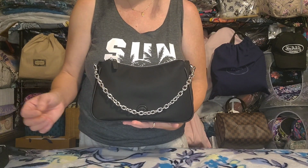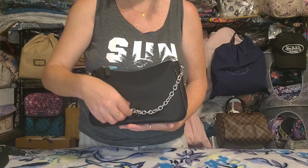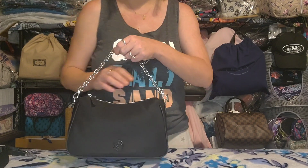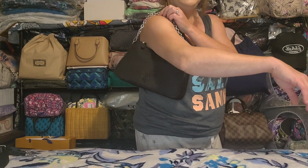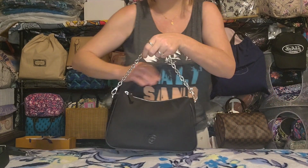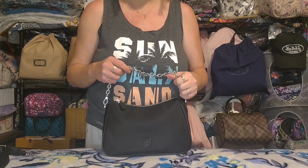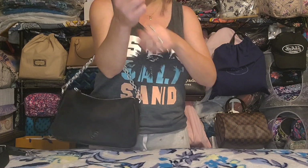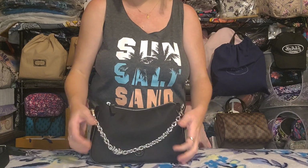You can let it just dangle in the front like decor. You can hand carry it. Now, I would not say this is long enough for shoulder carry. Like, you could get it up there, but this would literally be right in your armpit, so I wouldn't carry it like that. But I do like it as just a top handle, crook of the arm, hand carry, or